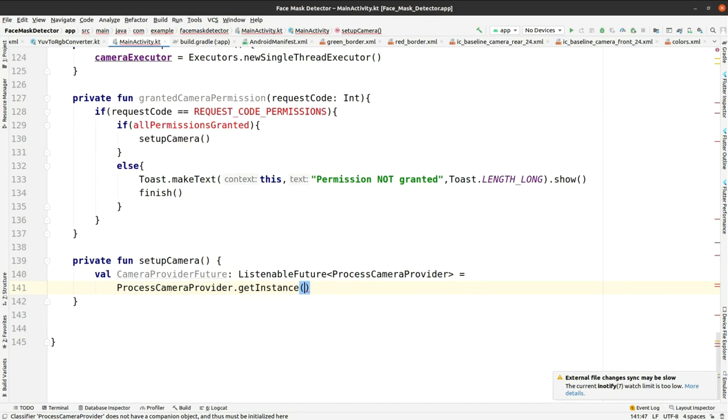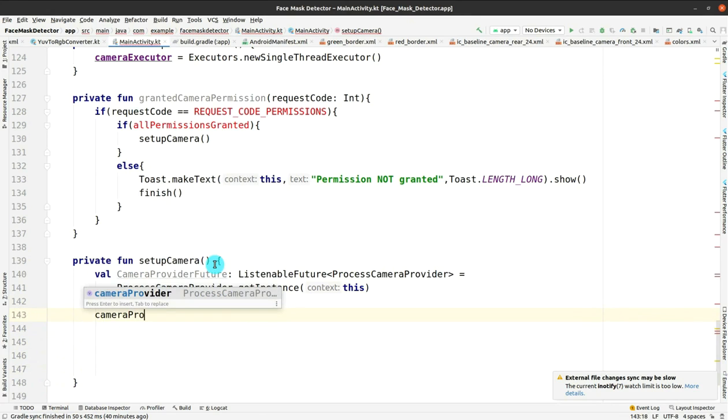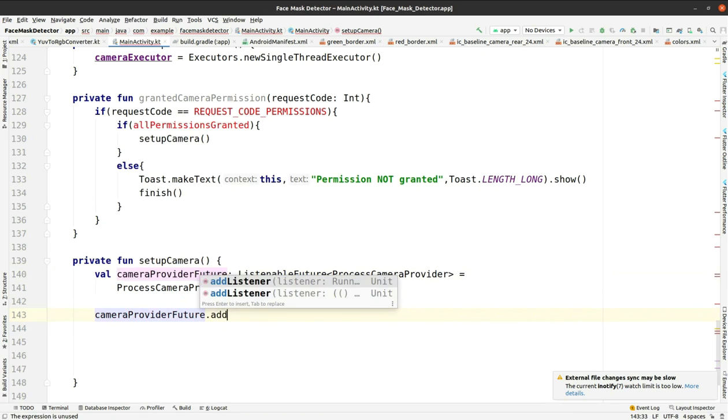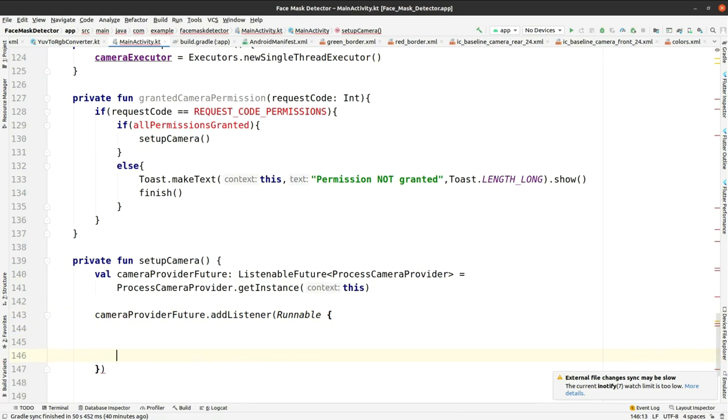And now the camera provider future dot add listener, and as we are working on multiple threads, we have to use the runnable here. So we have to use runnable within this. First let me change it to the small case. Okay, so now you have to write runnable, and within the runnable you have to get the camera provider future dot get,